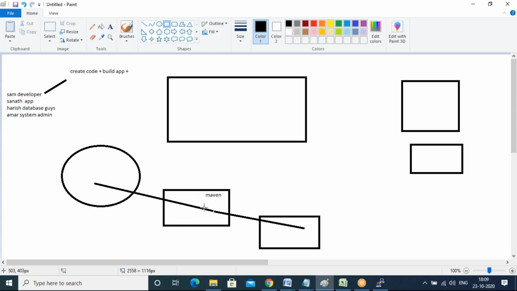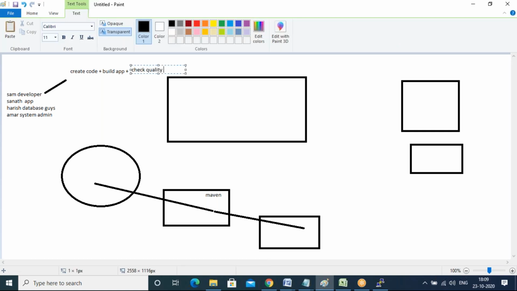So somewhere the Maven XML file will be there, the settings.xml file. In that file, you can integrate this URL. So this Sonar URL, Nexus URL, and in pom.xml, you can give your repository URL. Okay, so that this Sonar and Nexus will be integrated with Maven. So here: build an application,